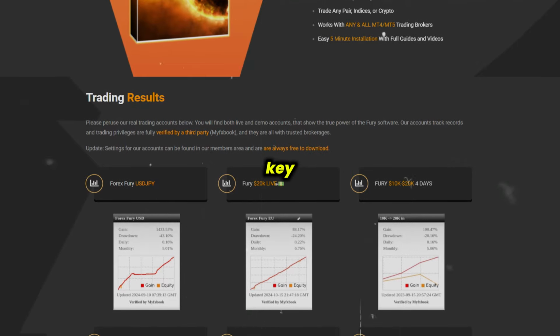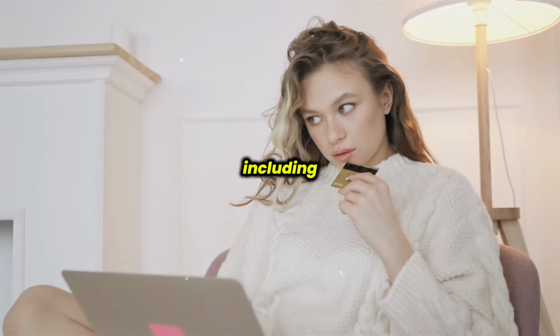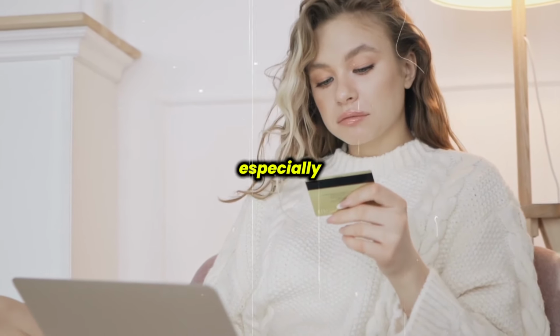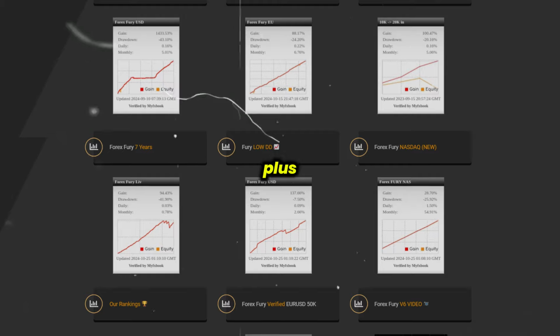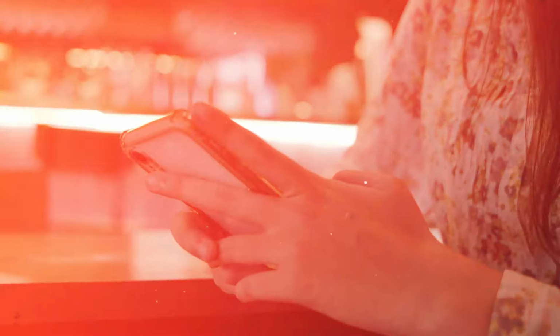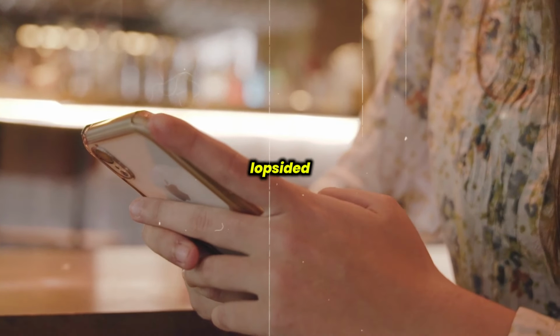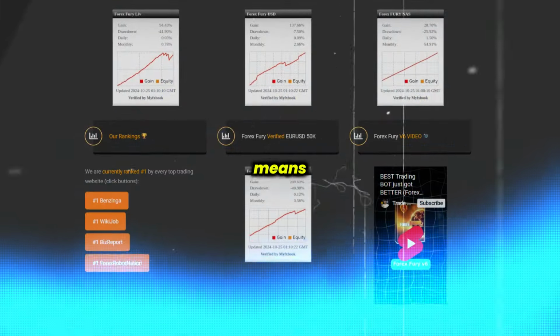Additionally, one of the key benefits of Forex Fury is its ability to trade in multiple markets, including Forex, indices, and even cryptocurrency. It's especially effective in low volatility conditions, making it best suited for range-bound markets. Plus, Forex Fury has a high win rate, reported at over 90%. But this comes with a caveat. The risk-to-reward ratio can be lopsided, with smaller profit targets but larger potential losses, which means there are times of